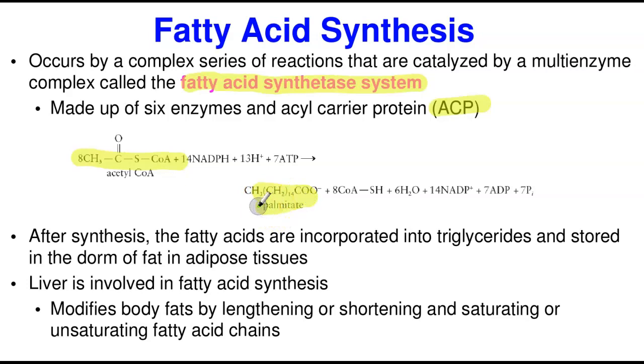And like I said, the synthesis uses a reducing equivalent. The reducing equivalent used in the synthesis is not NADH, it is NADPH. The nicotinamide adenine dinucleotide phosphate reduced is used in the synthesis of what? Lipid or fatty acid. So after synthesis, fatty acid can be modified. After synthesis, they can be modified into triglyceride by what? By being incorporated into glycerol and stored in the adipose tissue.